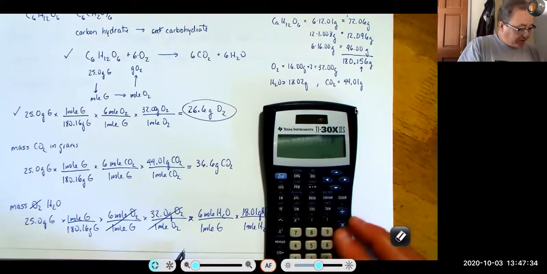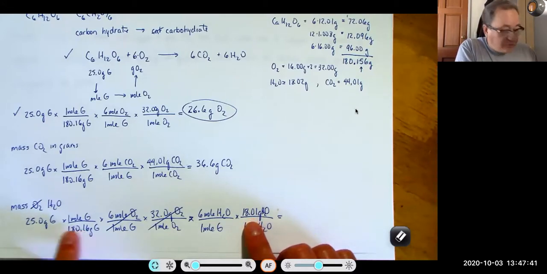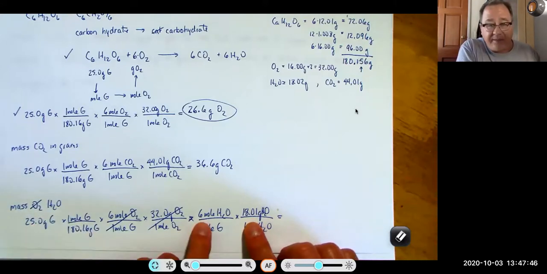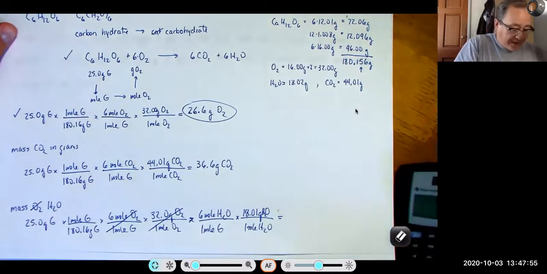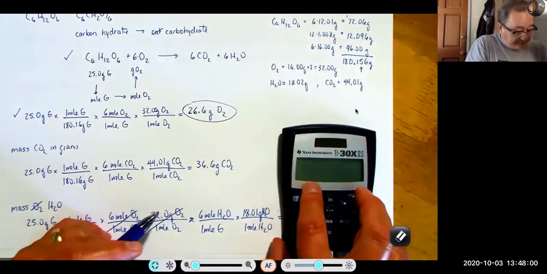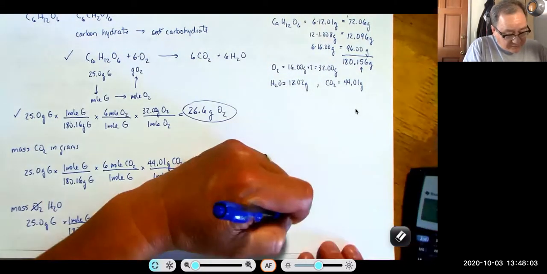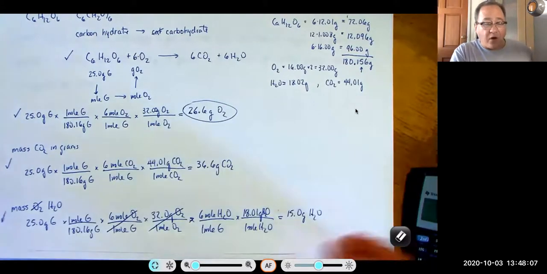Now, another way we could do this is 18 will go into 180 10 times. 10 will go into 25 2.5 times, and 2.5 times 6 would be 2 times 6 is 12, half of 6 is 3, so that'd be 15. So the answer should be around 15. Okay, so let's see what we get. 15.0 grams of H2O. So this is the kind of work I'd expect to see for all of this problem,